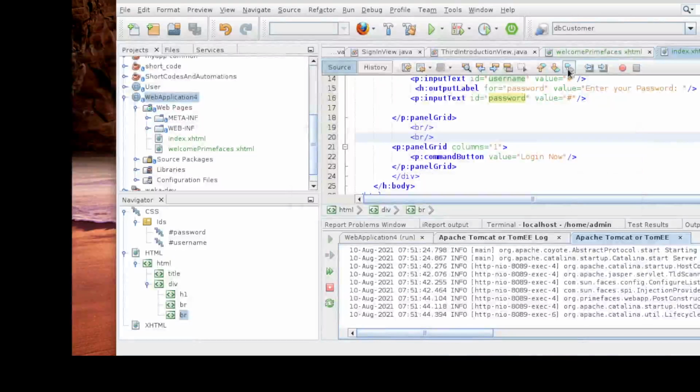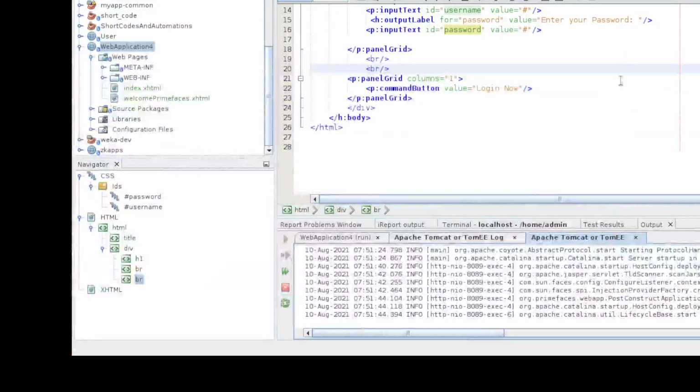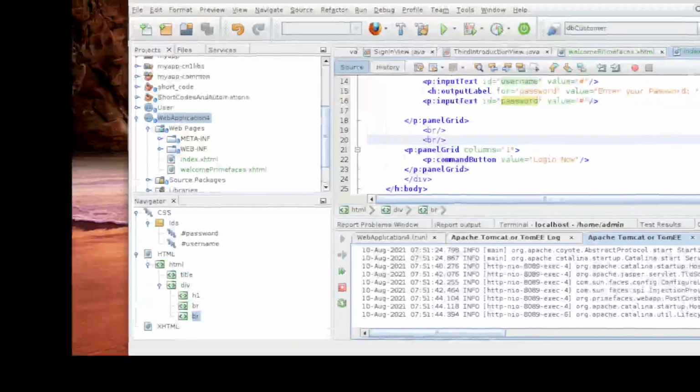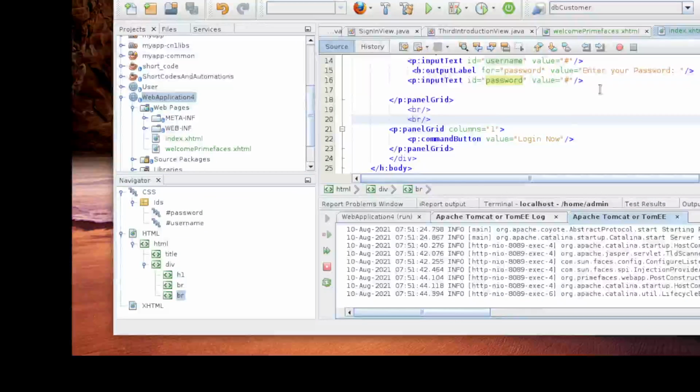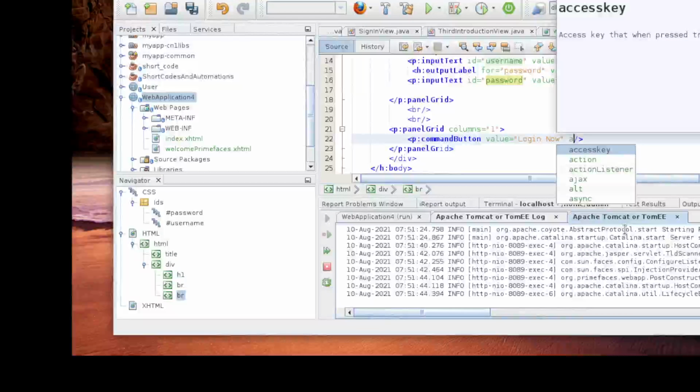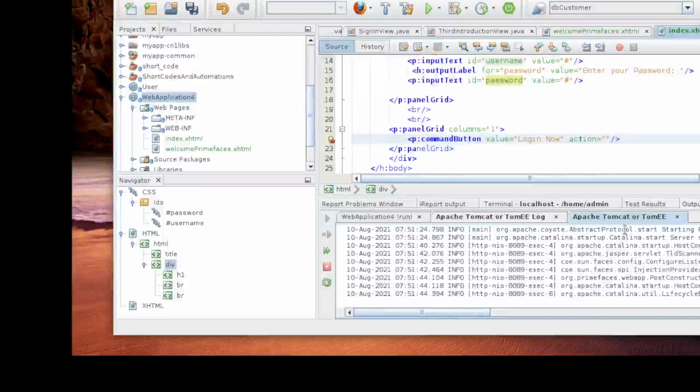Remember our home page? So that's what we want to do later. But for now, let's just have that. And for this one, we will also be having an action. For now, just point it to blank. That doesn't change anything.